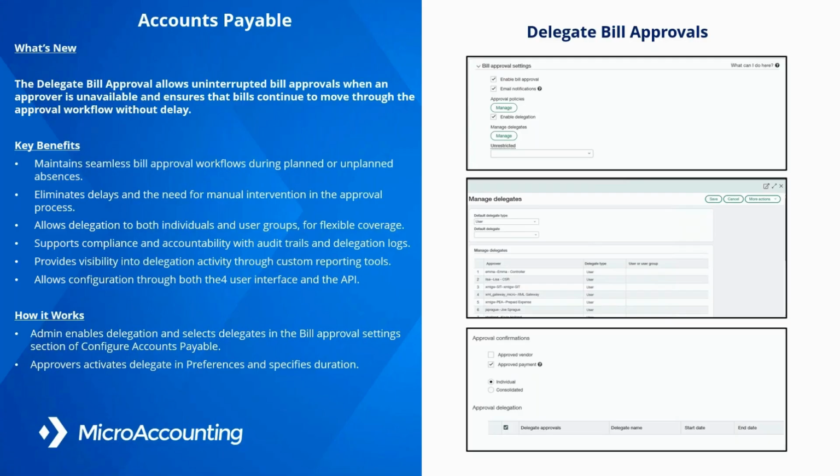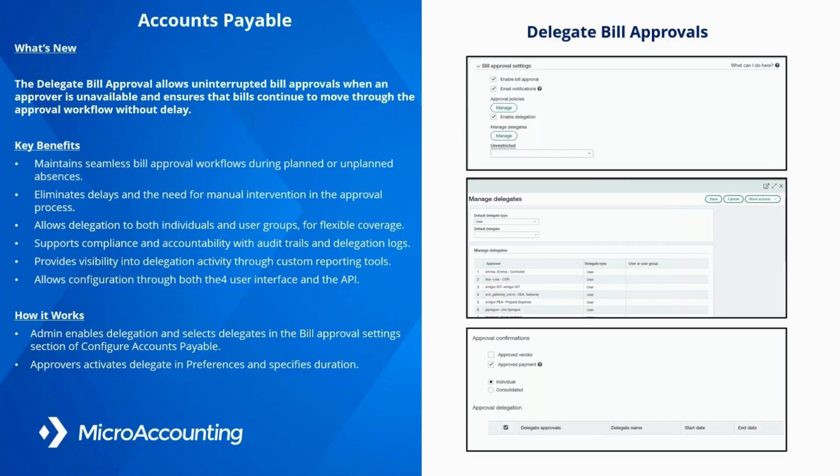And then me, as a person in the approval chain, I will have a screen like this in my user preference that will allow me to say that I'm going to open up delegates. It's going to start from here to here. So when I'm on vacation, any of those AP bills that need approval will go to whoever I identified, okay? And then it will end based on the end date. So these are some new rules to allow that delegation to work a little bit smoother.